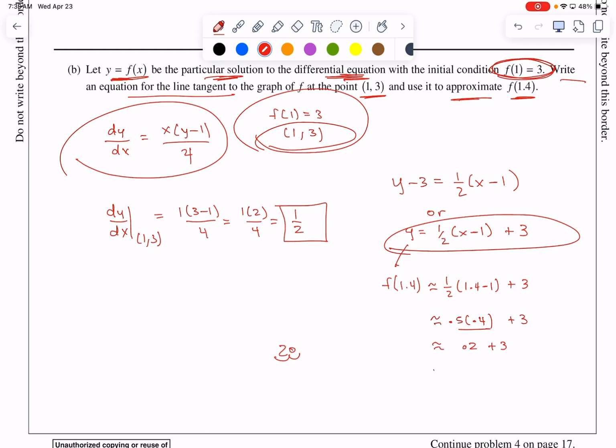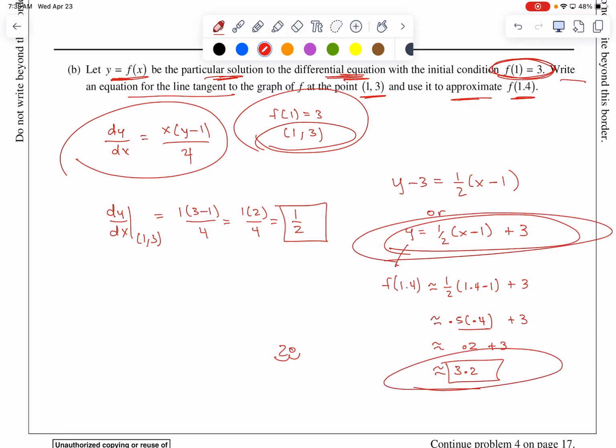So it's going to be approximately 3.2, and that is your second point. So you get 1 point for the tangent line, 1 point for the approximation. How many of you feel like you could do that? If you could draw the slope field and get the linear approximation, you've almost got half of the points for this